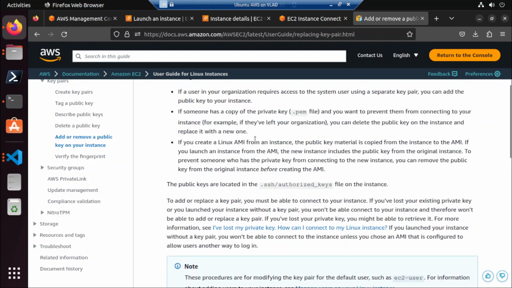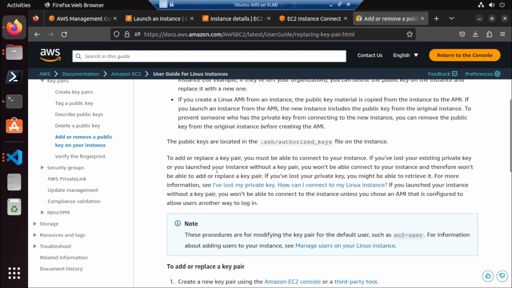If you create a Linux AMI from an instance, public key material is copied from the instance to the AMI. If you launch an instance from the AMI, the new instance includes a public key from the original instance. To prevent someone who has the private key from connecting to the new instance, you can remove